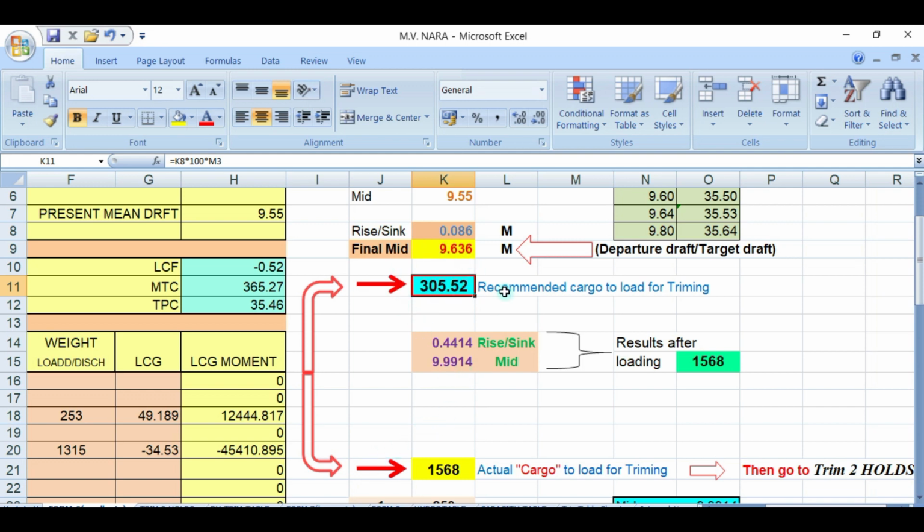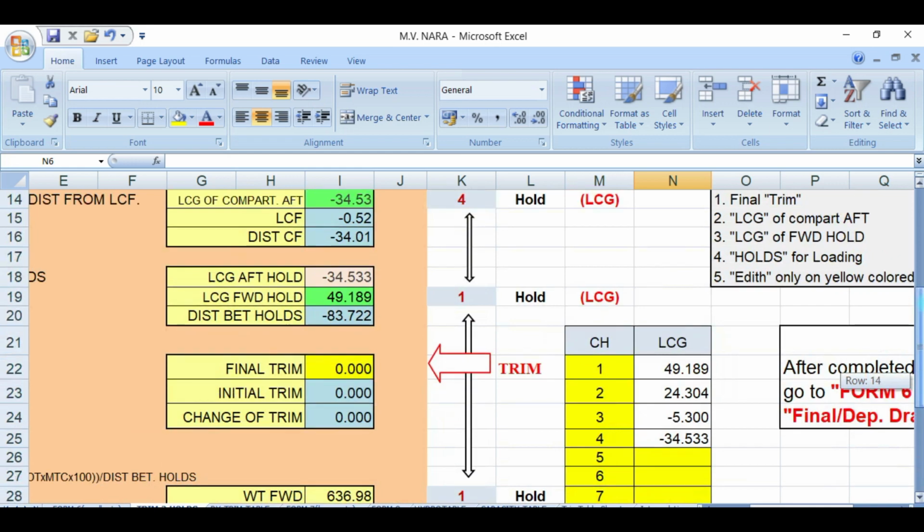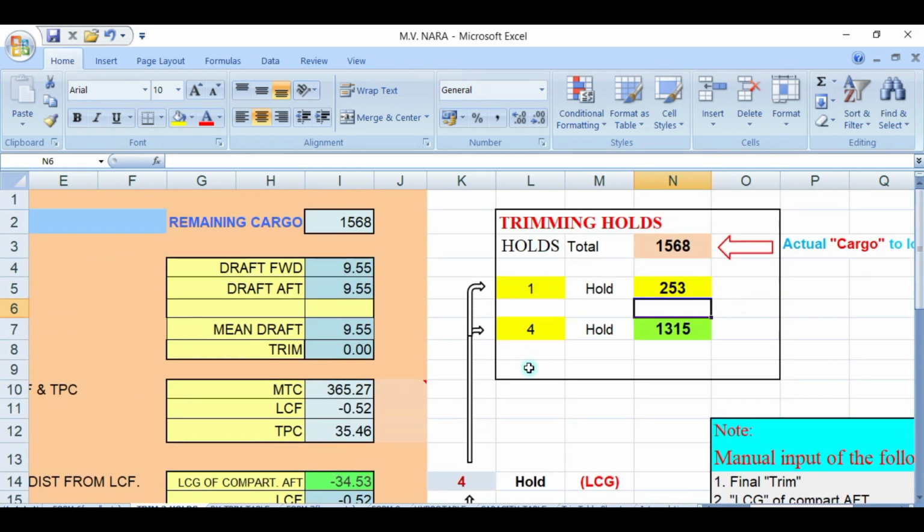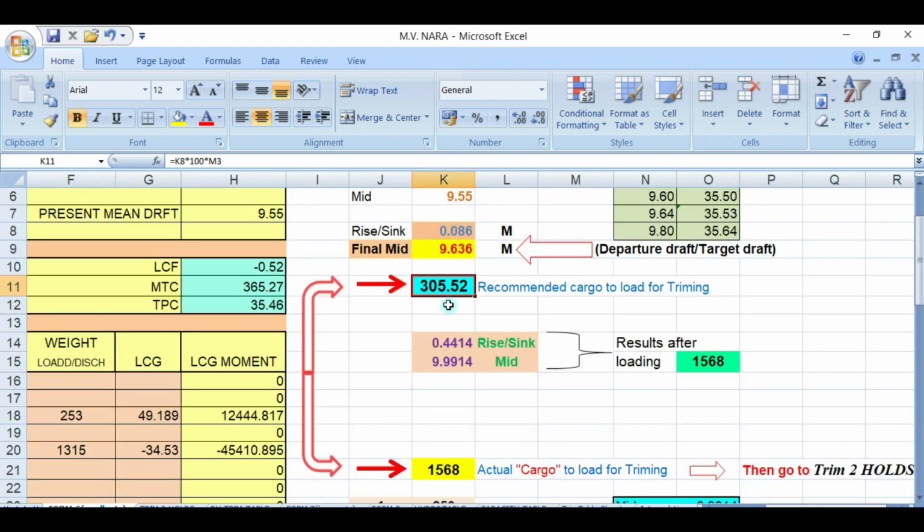So if you have this remaining cargo to load, I want to load it in trimming hold 1 and 4. Okay, then let's go back. Now if you have the recommended cargo to load of 305, I would say 306. So when you load 306, you have the results after loading.